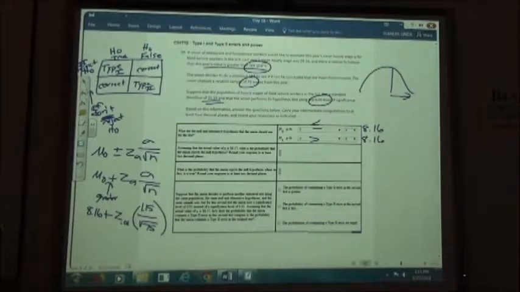We punch that into our Alex calculator. 1.15, yep, that was our standard deviation over the square root of 75. All right, so you're going to do 8.16, $8.16, plus, since we're doing a greater, Z sub, so we're using, yep, and then we're going to use 0.01, and